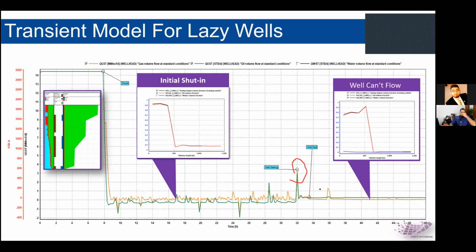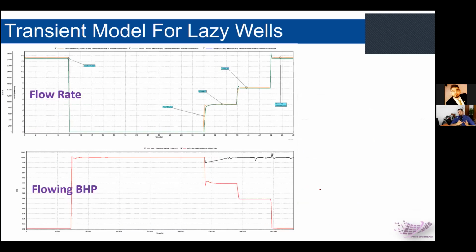So we need to come up with a different bean-up strategy. What we did is change the opening sizes and opening periods for the well. For example, you can see we started with a larger choke size